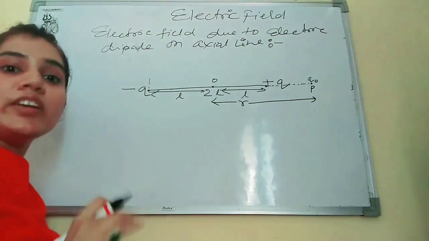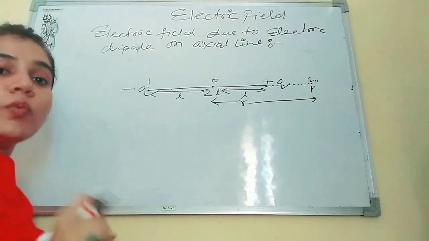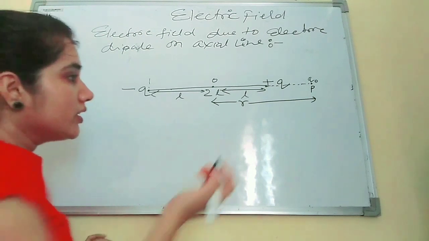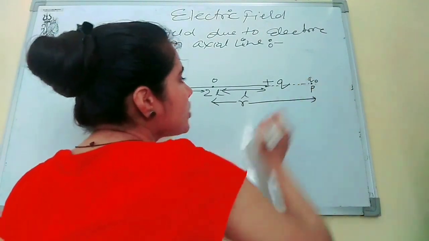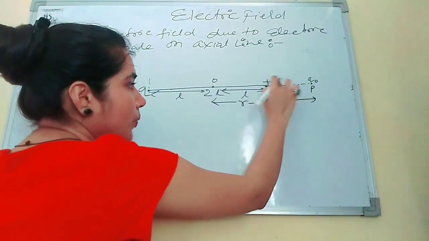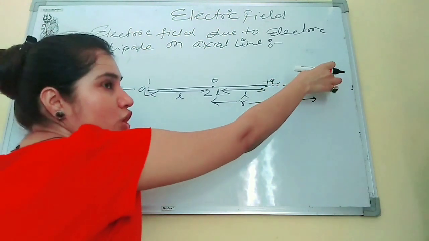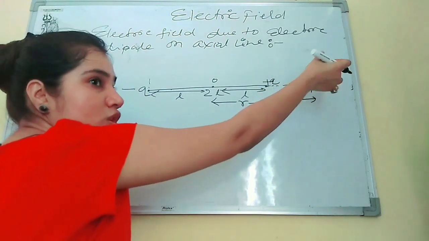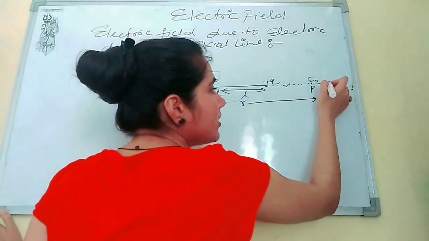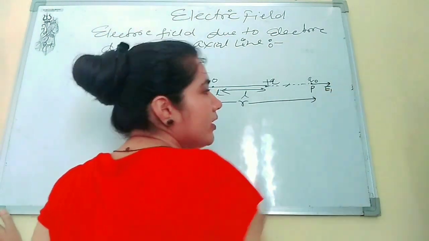Now we know that all charges have different electric fields, and the net electric field will be the summation of all the electric fields, the vector sum. Because of this charge, what will happen? From this point, this is positive q, and this is also q naught, and the test charge is also positive. So both charges are similar, and it will repel like this. So the strength of the electric field in this direction, we are taking as E1.